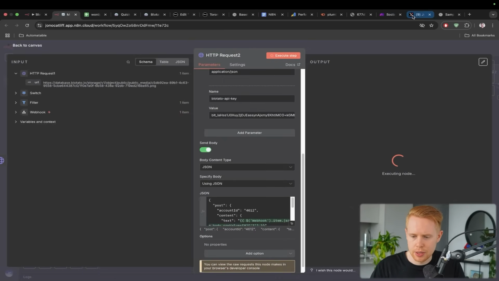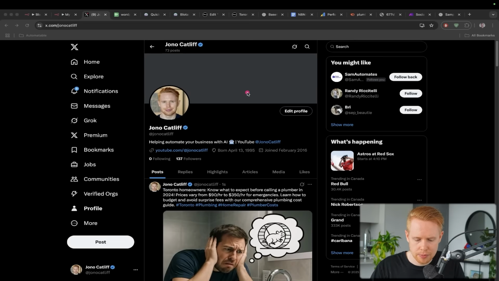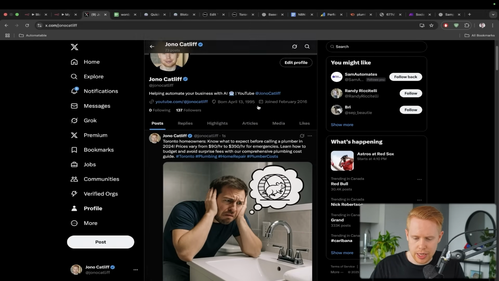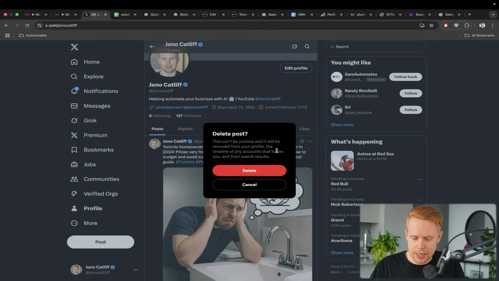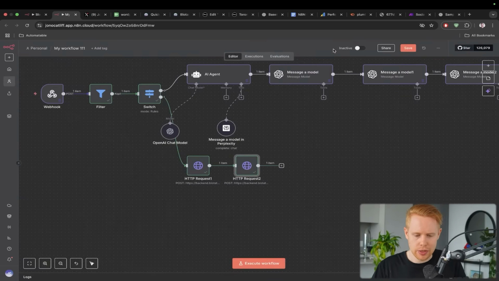We'll execute the step and then we can test this out by taking a look at x.com. And now I have created my post with the image and also the caption up top here. And so that's essentially it, guys. That's how we can go about creating these posts on X or Instagram or LinkedIn or whatever, and you could just duplicate this and do the same process for all the other social media